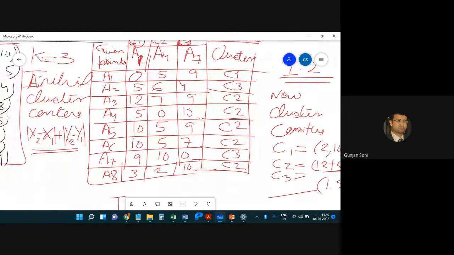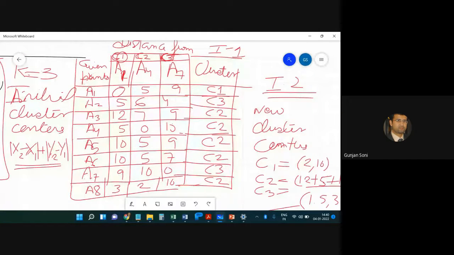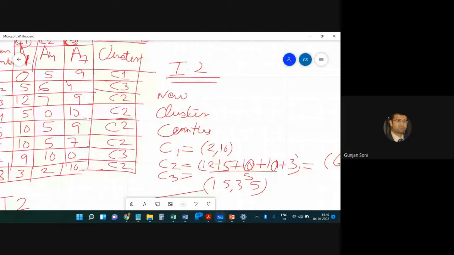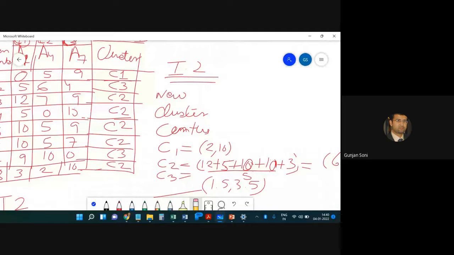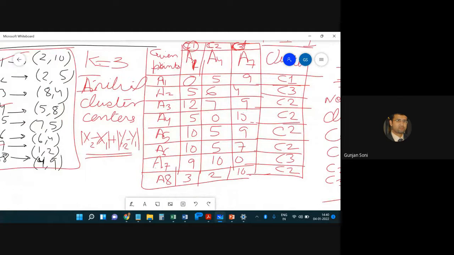Sorry. Actually, the values are given over here. Just let me clear it. I somehow thought that these are the coordinates. Okay, sir. I'll clear it up and I'll write that again.